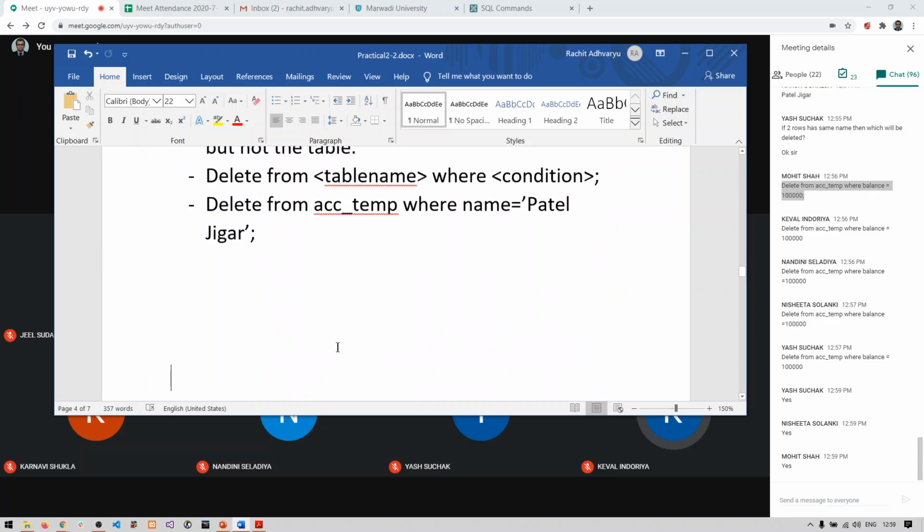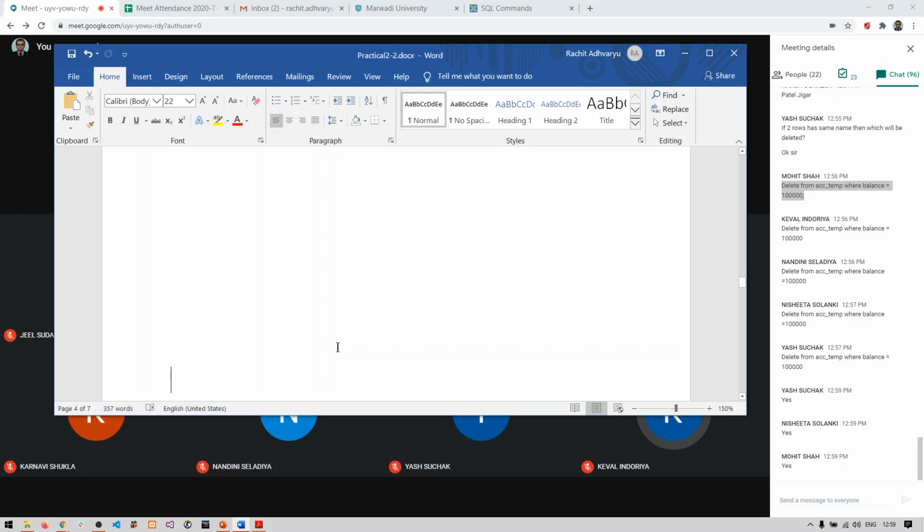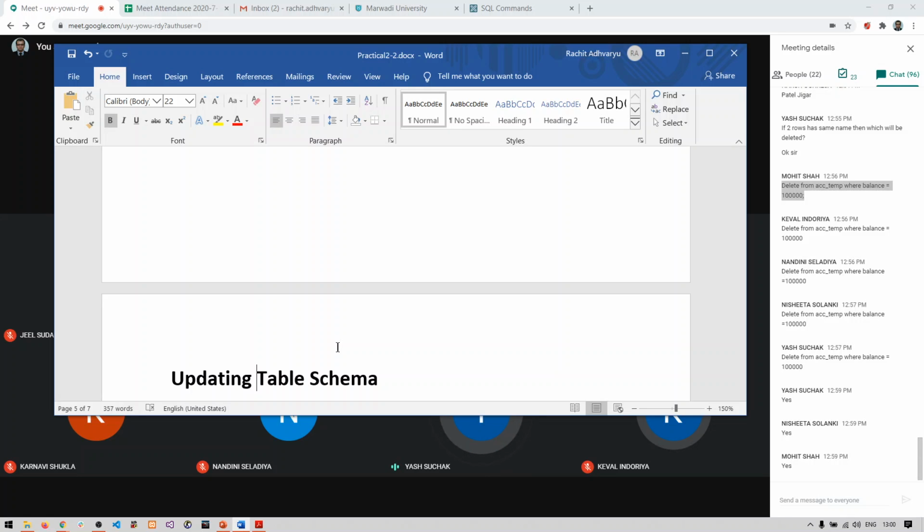Okay. So the last part is updating table schema. What actually is it? So what do you mean by schema again? Write down the answer quickly. What do you mean by structure of database? Yes, structure of the database.